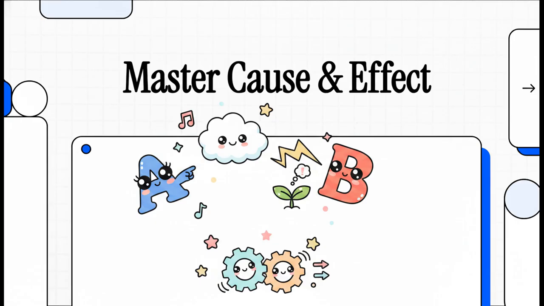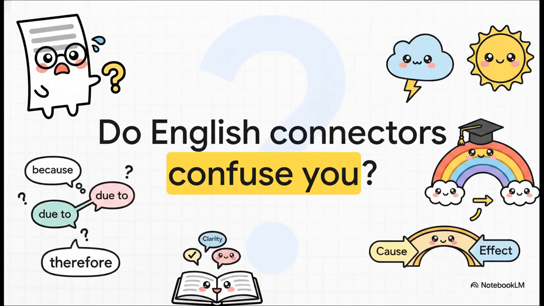Let's get into it. Let's be totally honest for a second. We have all been there. You know the feeling. You're stressing out, staring at a blinking cursor late at night, second-guessing whether you should use because, due to, or therefore. And it matters, right? Choosing the wrong connector or sticking a comma in the wrong place can instantly make a brilliant piece of academic writing look, well, a little unprofessional. But don't worry, by the end of our time together, you're going to have a structured, bulletproof solution to banish